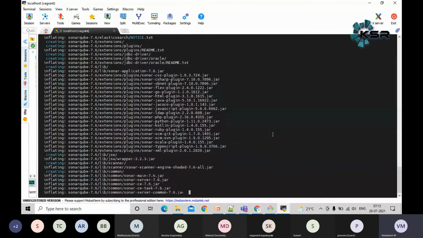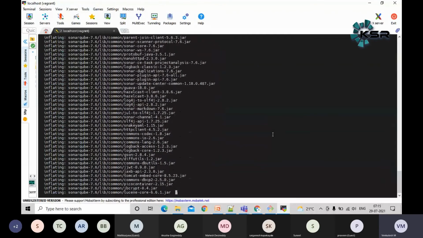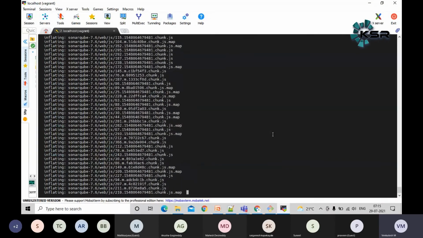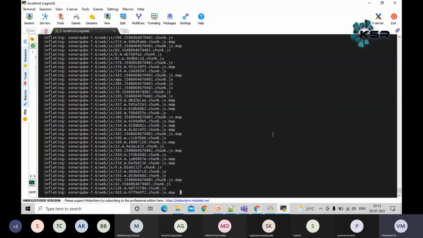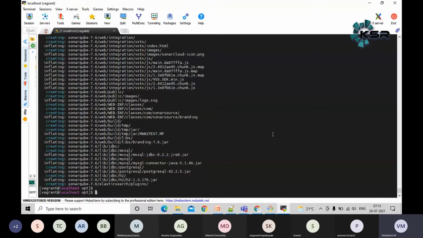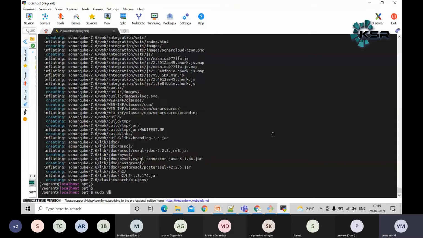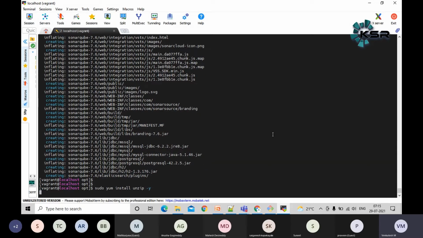In case you get an exception, like the unzip package is not there, what do you need to do? You need to do sudo, space, let me show you that command also. yum install unzip. Okay, unzip, space -y, guys. This is how you can install any package. This one I tried to cover yesterday. If the package is there, your zip file will be extracted just like this, how I have done. If the package is not there, you need to install the unzip package.